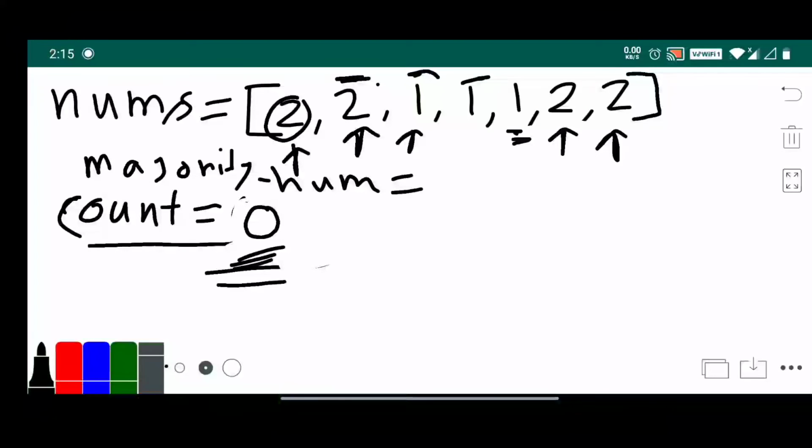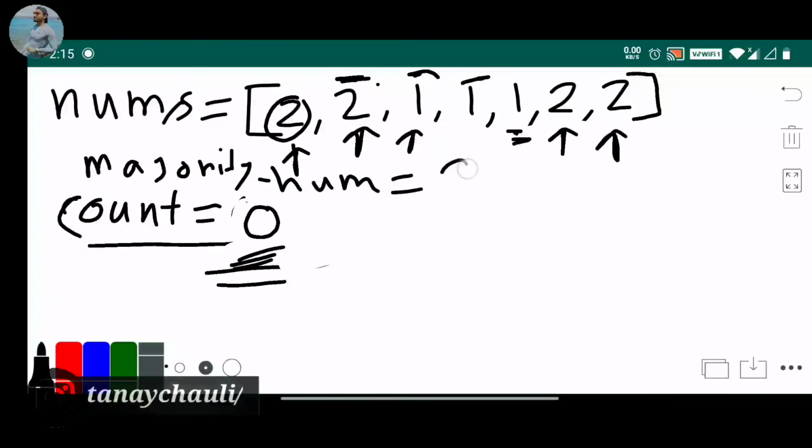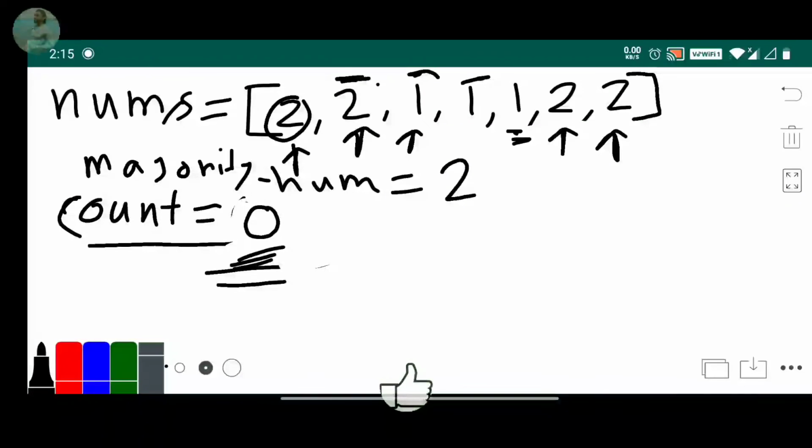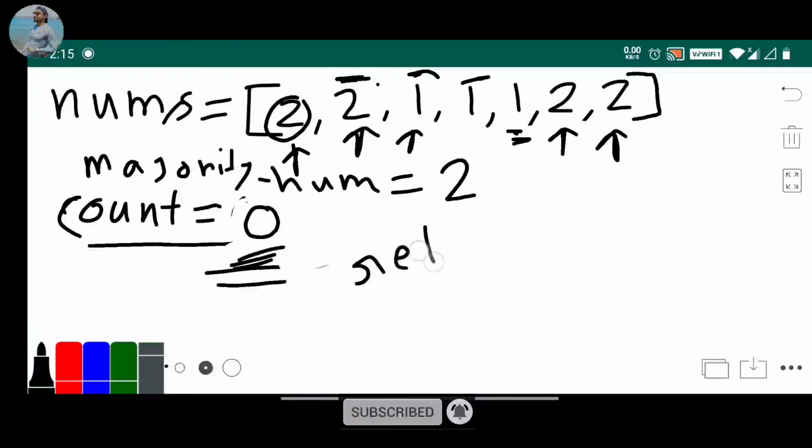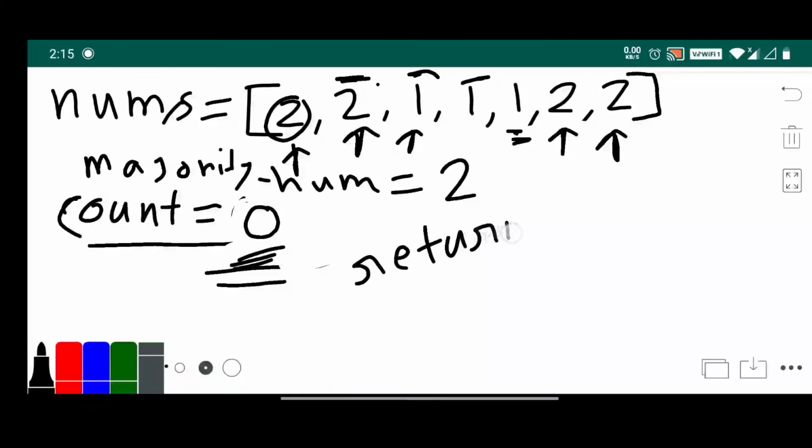Then we directly assign 2 to the majority element value. Now our majority element value is 2 and our current num value is also 2. We check if the current num value and majority element value are the same. Yes, they are, so we simply increase our count value to 1 and return our value 2.